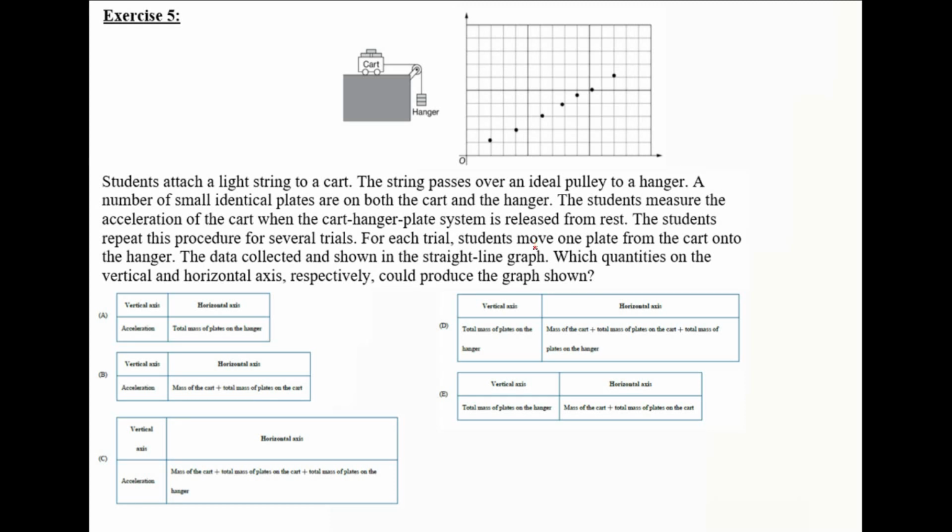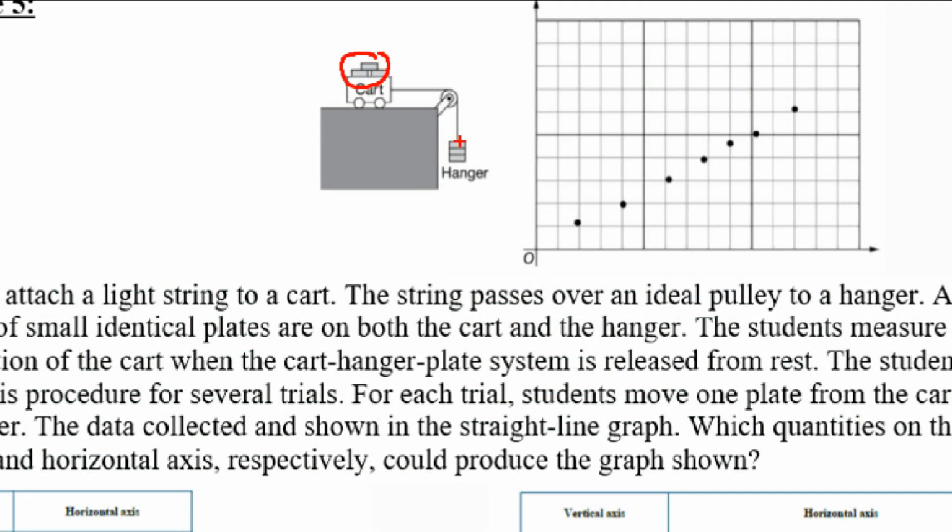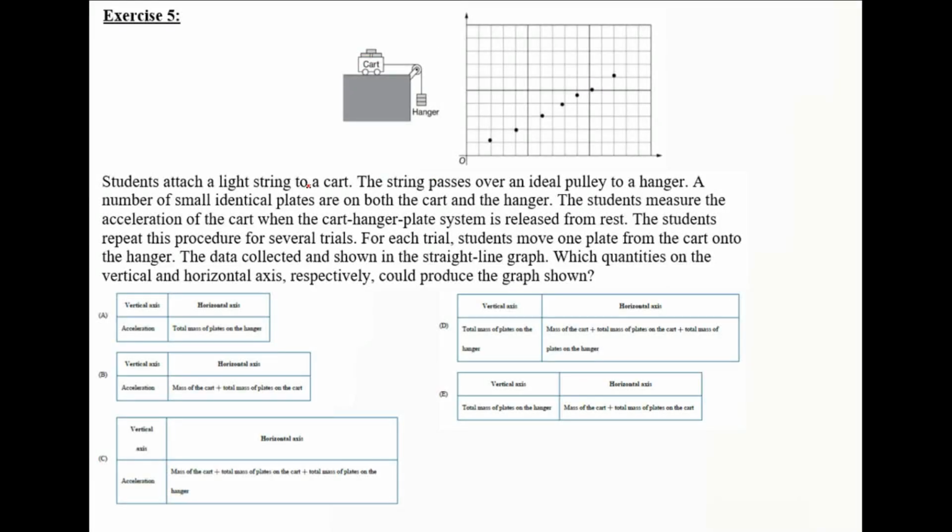For each trial, students move one plate from the cart onto the hanger. So here we have a number of plates, and here we have a certain number of plates. So we're going to repeat the experiment by removing one plate from the cart and placing it on the hanger. The data collected is shown in the straight line graph. Which quantities on the vertical and horizontal axis respectively could produce the graph shown? So if you look at the choices,